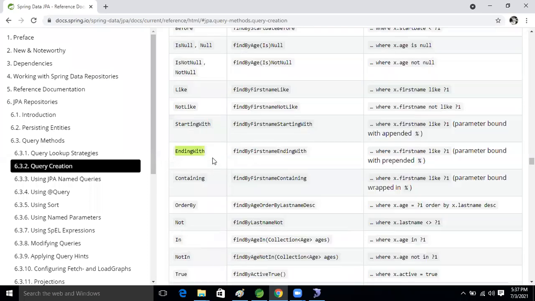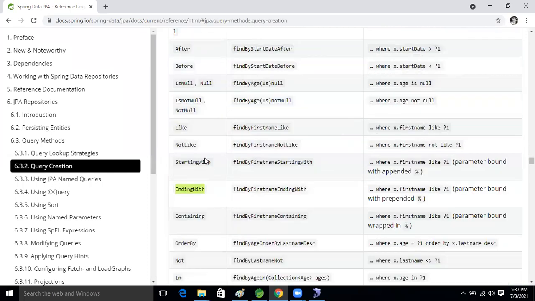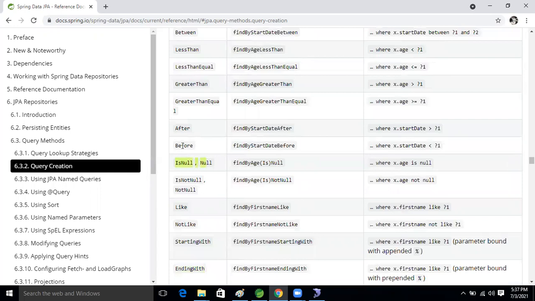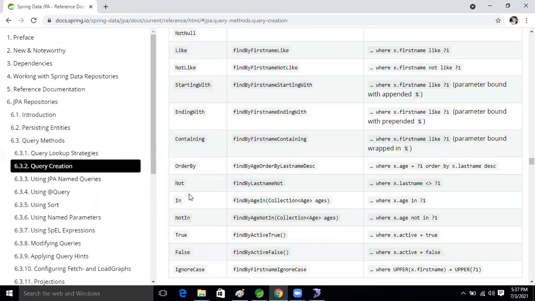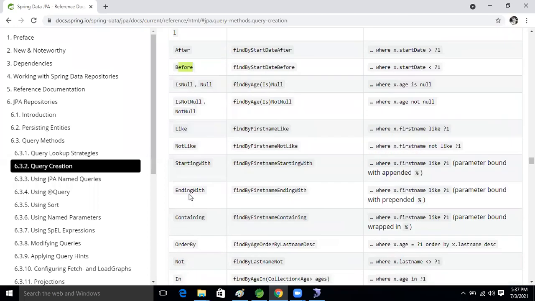Okay, let's move on. The next level is I want to touch all operators; I want to cover all of them. That's why I'm explaining. Otherwise, I would explain just one syntax. Based on that we can make it, but ending with and starting with, you people will not understand if I